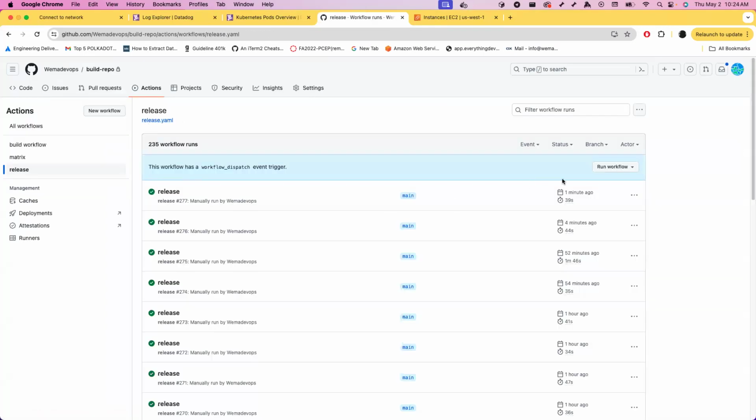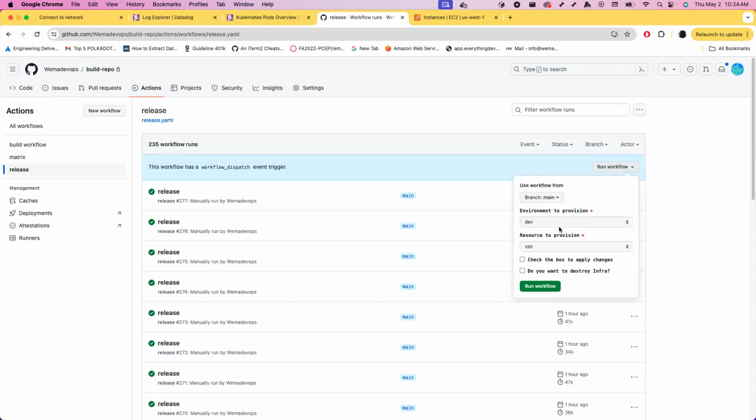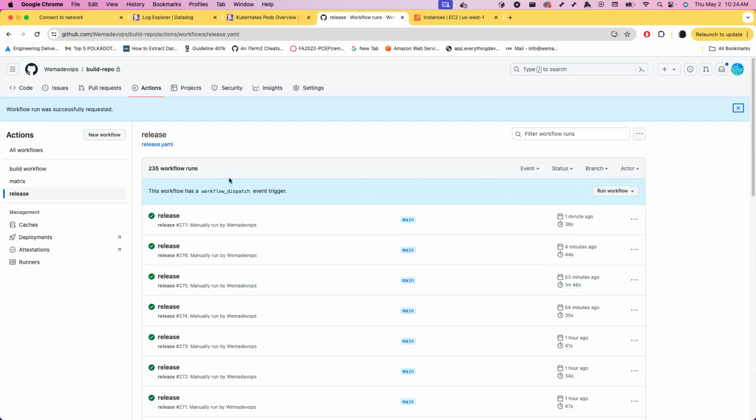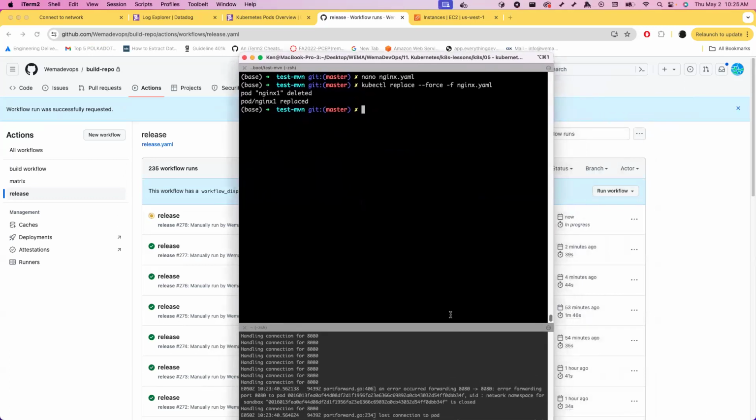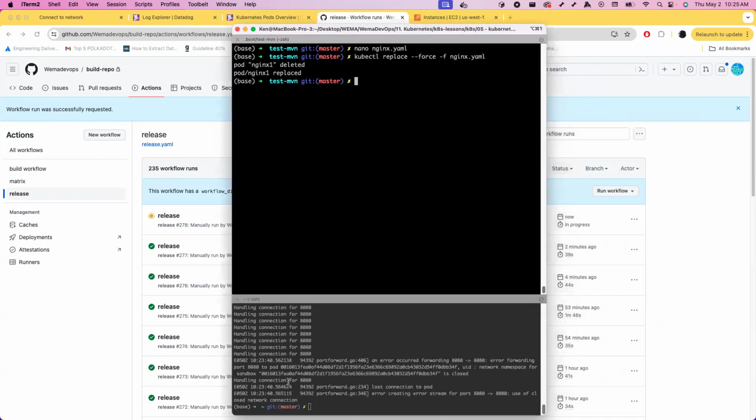Now I'll get to my AKS cluster. Let's run destroy. Right, so when you're doing that, obviously this connection is lost. Obviously the connection is lost. So when you're doing that, if you go to